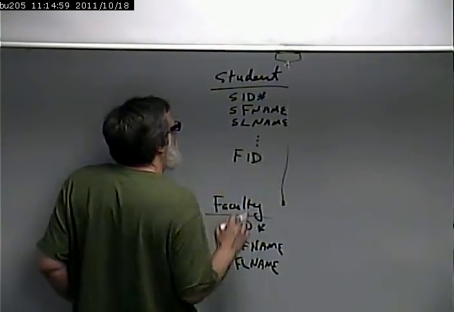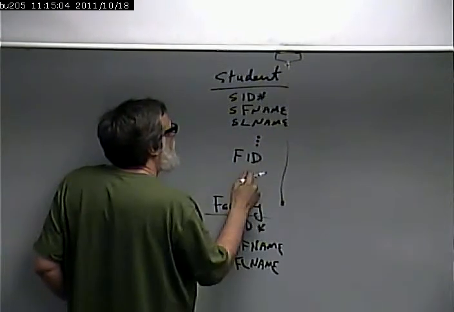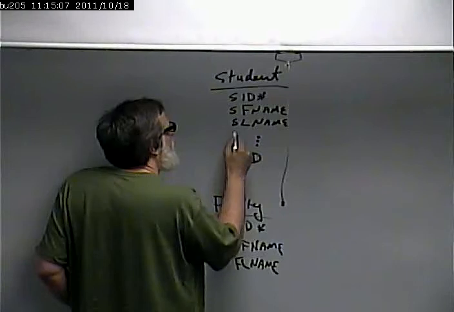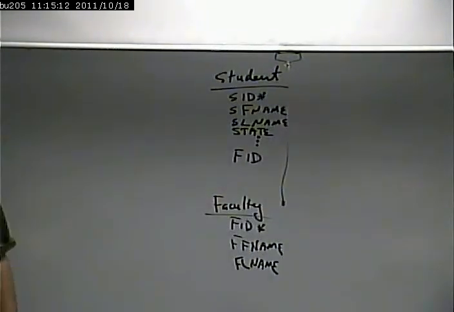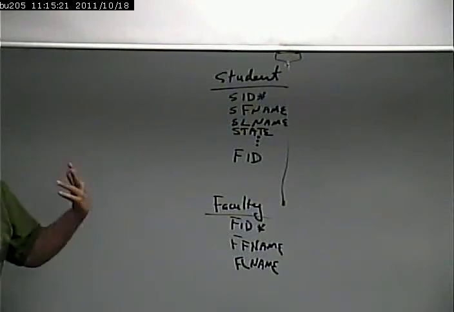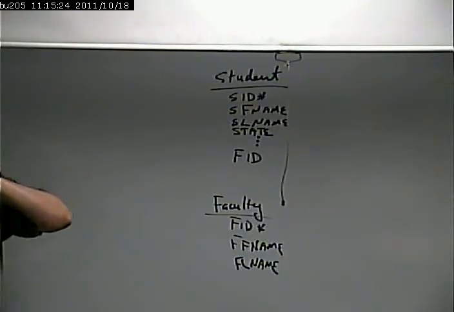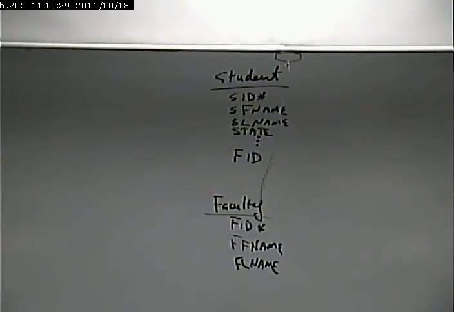Let's say, in addition to this information, there is a state, in other words, the state the student is from. I don't think we have that in our table, but we'll pretend we do, because I want to talk about the where clause. One of the things the where clause does is it limits, it filters out what gets returned by the SQL statement. For example, if I were to say,